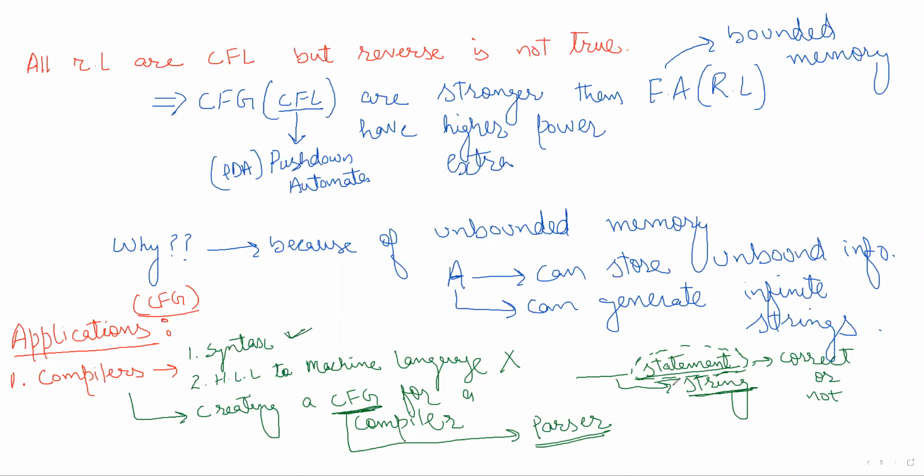However, if it cannot be generated by a context-free grammar, that means this statement has some context errors. Oh, sorry, syntax errors. And these parsers are of two types. One is the top-down parser and another is the bottom-up parser. And the top-down parser also has some classification, and the bottom-up has some classification, and this is out of the scope of this particular course, that is theory of computation. If you want to know more about the parsers, you have to take a course on compilers.